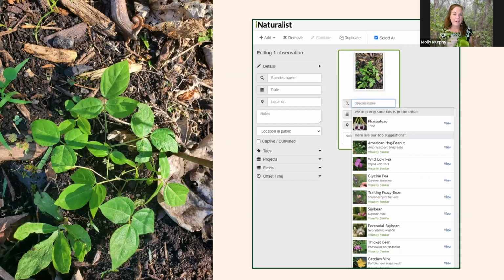So here we have a picture of leaves, and I see three compound leaflets. Each three leaflets make up a leaf. And so I can tell that it's in the Fabaceae family or pea family. And this is really never enough for artificial intelligence or plant apps to identify.